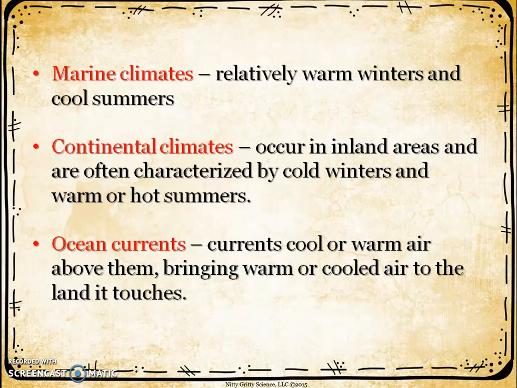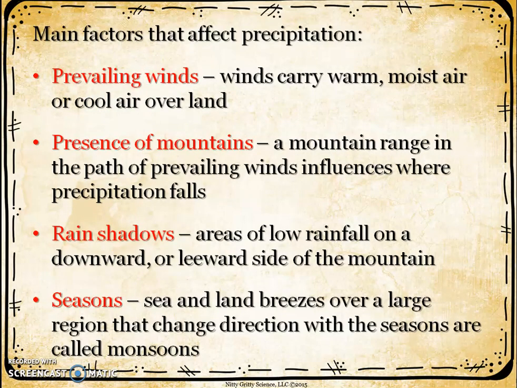In South America, you got a cold water current that runs up the western coast of South America that brings cooler temperatures to areas like Chile, but because of the cooler temperatures, you got less moisture, and in fact, they're just right along the coast. You've got more of an arid, dry region. You got one of the driest deserts in the world, the Atacama Desert, because of the influence there of a cold current. So ocean currents greatly affect the climate as well.